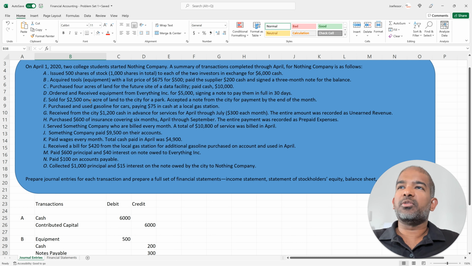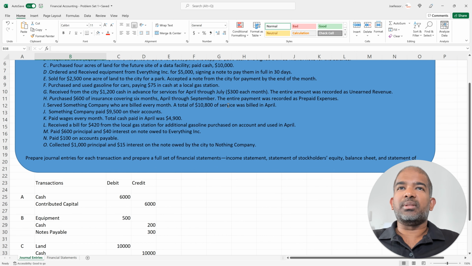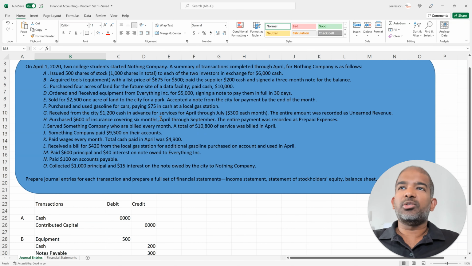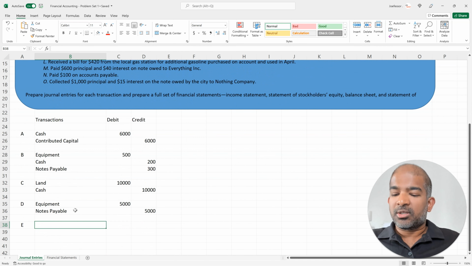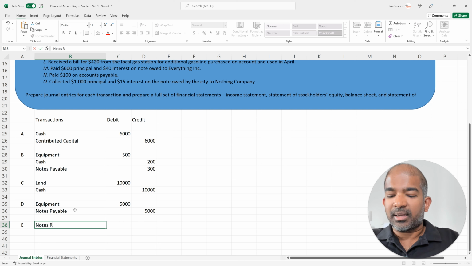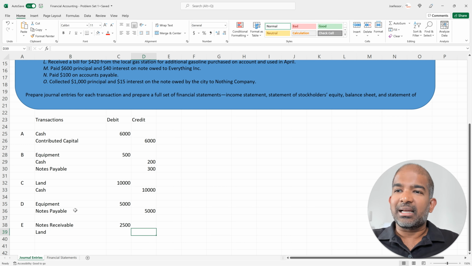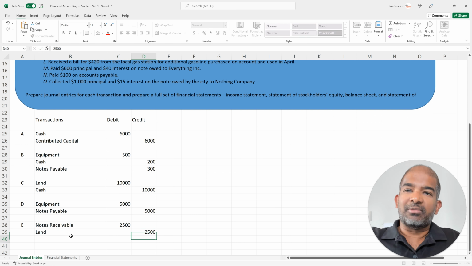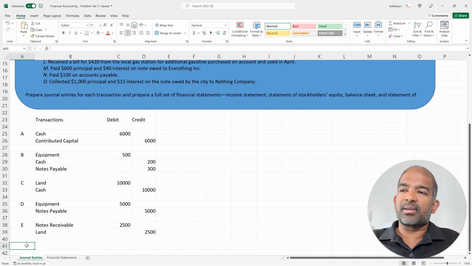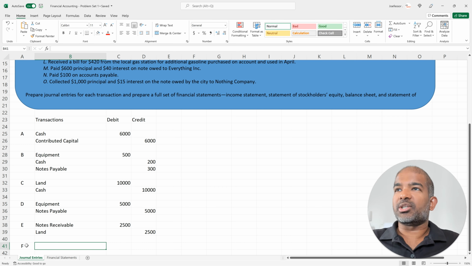So it's selling one of those 4 acres which it purchased for $2,500, and the city would provide a note promising to pay later. So there is a notes receivable from the city that they will pay you later. And notes receivable is an asset, and hence it's debited. And our land account has to be credited by $2,500 because now we've sold one of the 4 acres we bought. The next transaction, F,